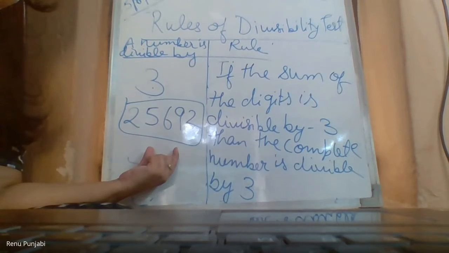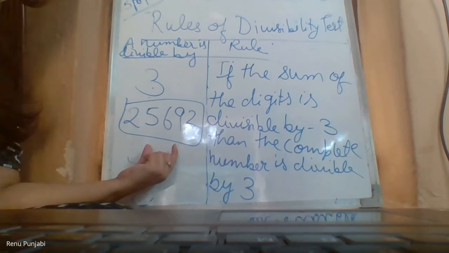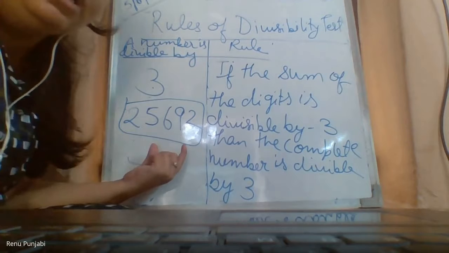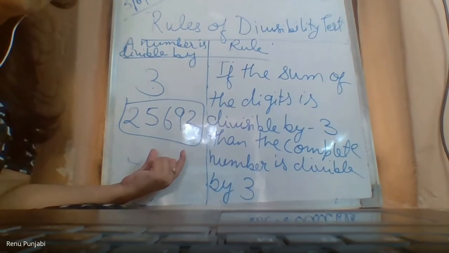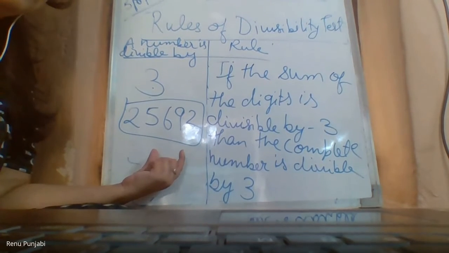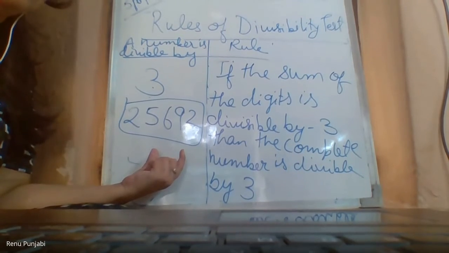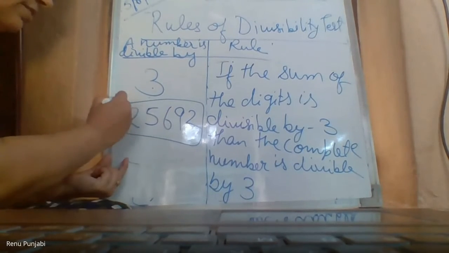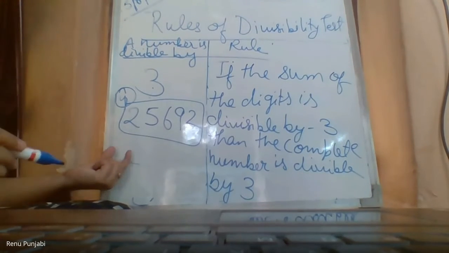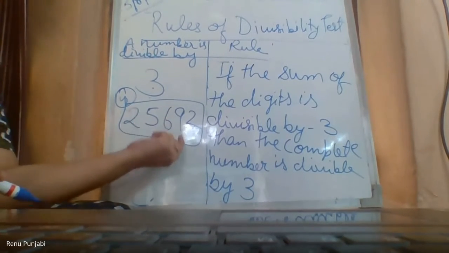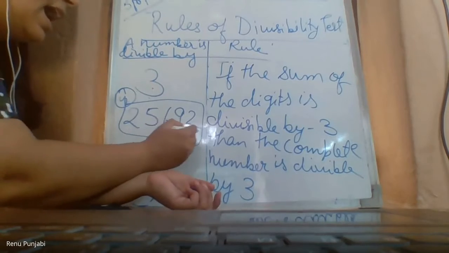This is just an example for divisibility of 4. I think Karnav is not writing. Karnav, you are not writing in your books. Ma'am, I write 2 and 3. Okay. So how to check? This is for the divisibility of 4. How to check whether this number is divisible by 4 or not? By seeing the last two digits.